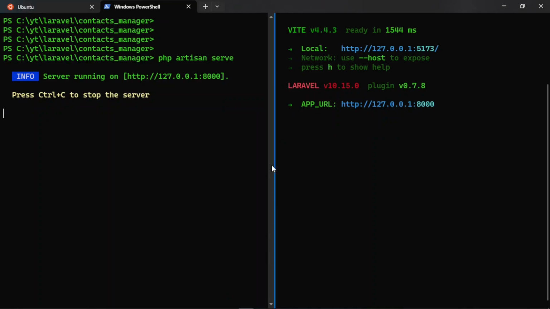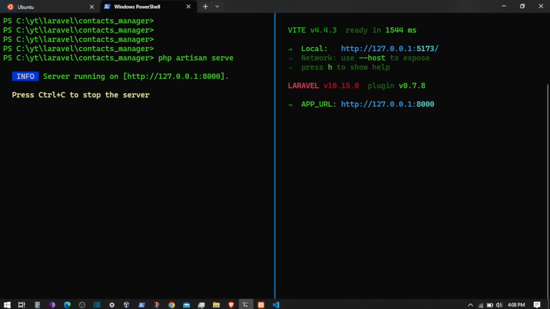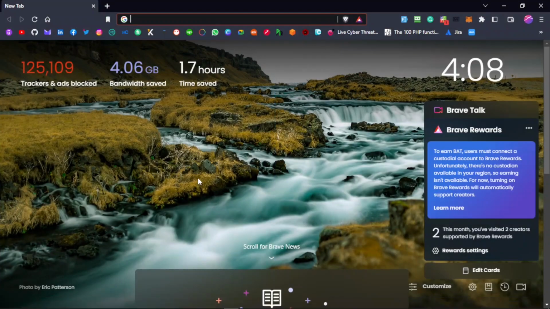In this video we are going to start working on the user interface of the contacts manager that we are building in Laravel, Inertia, Vue.js and Tailwind CSS. So let's just jump in. In the previous video we implemented the database structures and model configurations and we added some seeders, and now let's